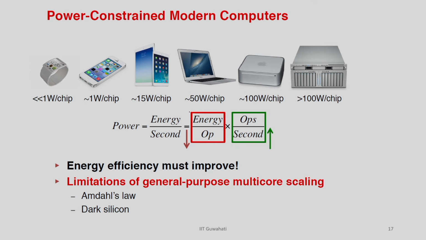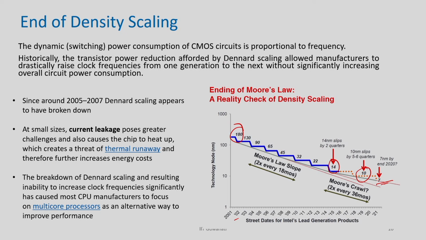Power is basically energy per second, and since the energy per operation is getting reduced, the overall performance is getting improved. So you need to run it faster, to do more operations per second. Your frequency has to increase, and that is the current trend to keep this scaling. We try to drastically raise the clock frequency to keep the power consumption more or less the same, and we put more transistors into a circuit.